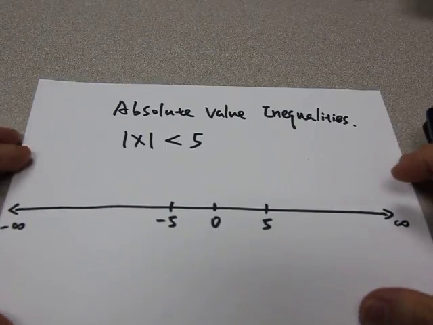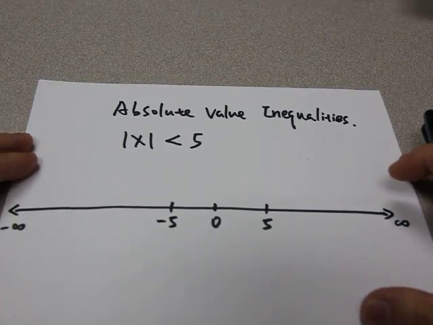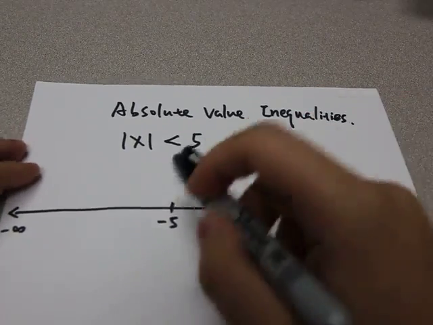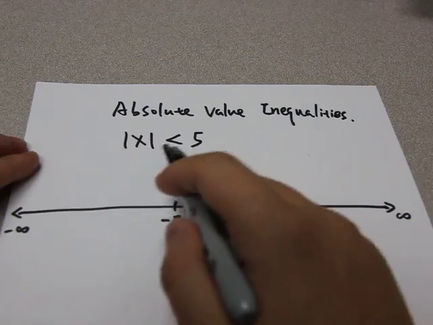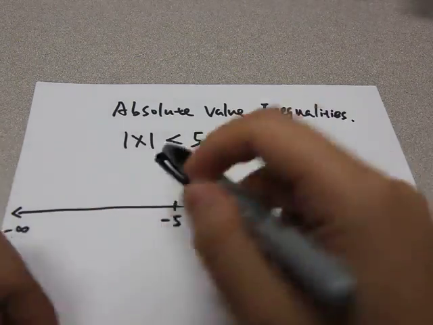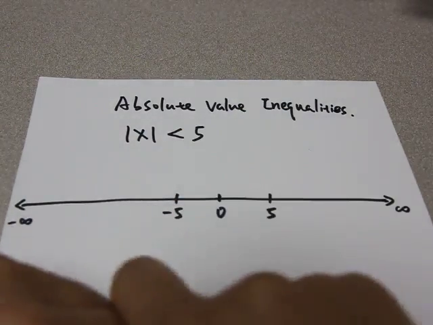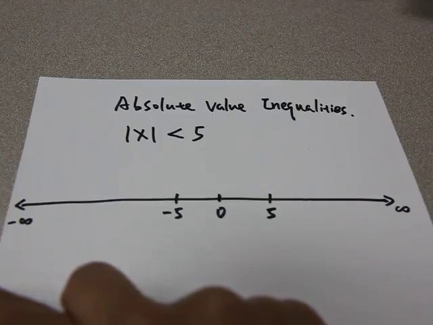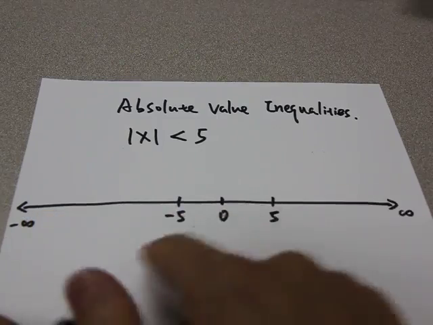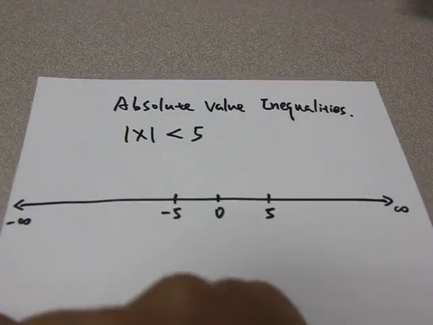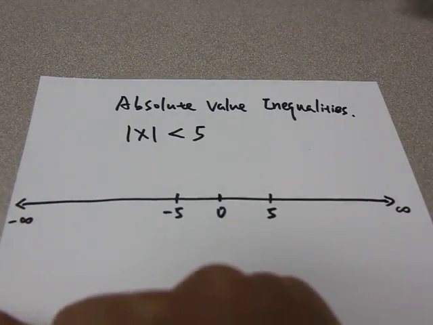Okay, in this video, I want to show you how to solve absolute value inequalities. Let's first consider this simple inequality. Here we have the absolute value of x less than 5. The best way for you to solve this problem is to use a number line and use the geometric meaning